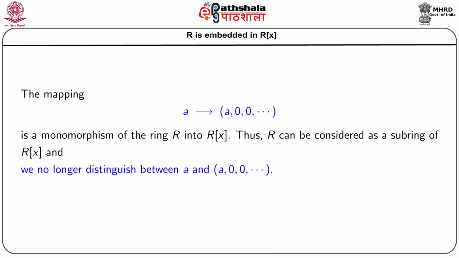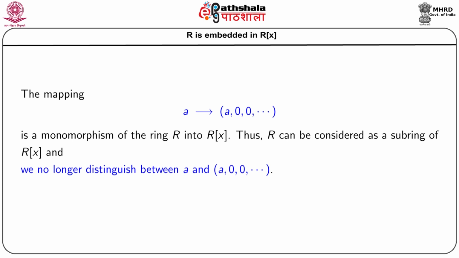The ring R can be embedded in the newly constructed ring R[x] of all polynomials over R. For this, let us define a mapping from R to R[x] by a goes to the polynomial whose first term is a and all other terms are 0. This is a homomorphism of rings, and at the same time this is 1 to 1, and thus